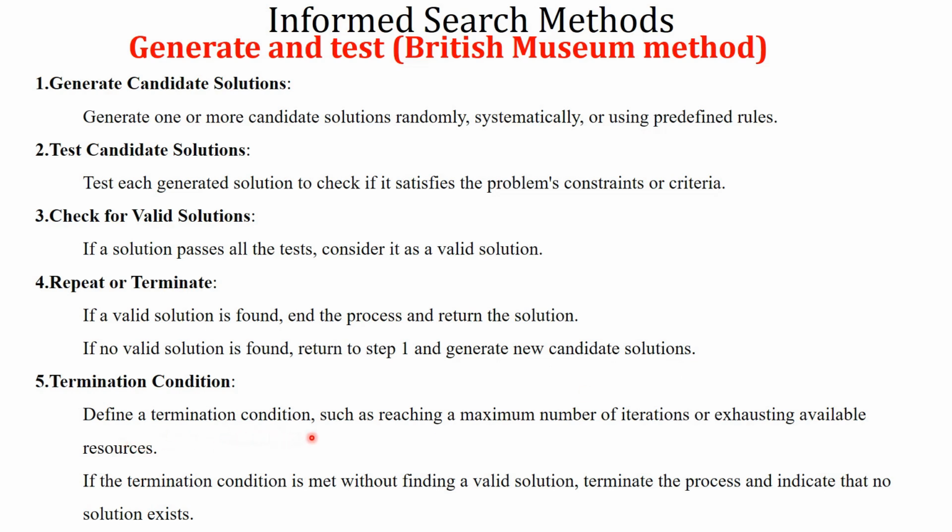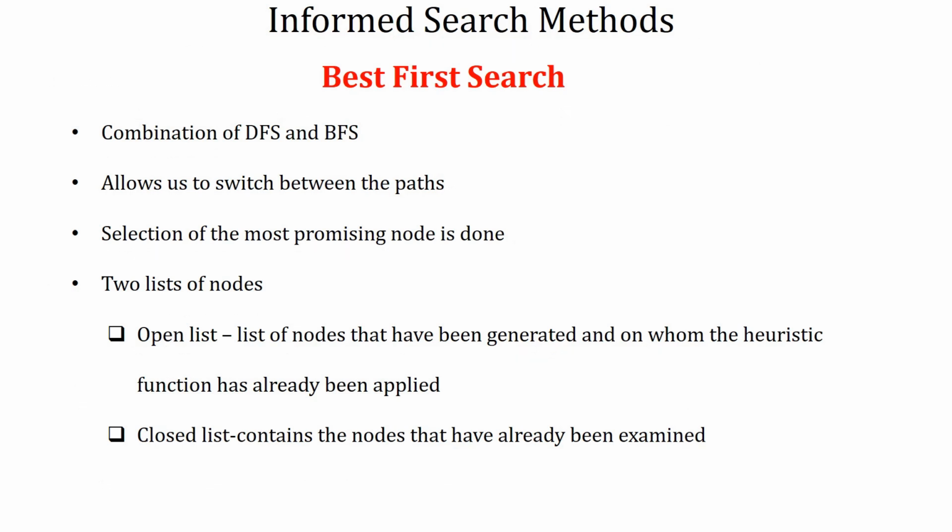We define a termination condition, such as reaching a maximum number of iterations or exhausting available resources. If the termination condition is met without finding a valid solution, then we will terminate the process and indicate that no solution exists. And number two is best first search, which is a combination of depth first and breadth first